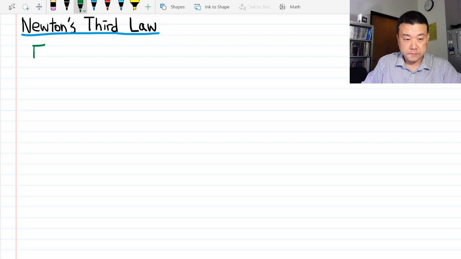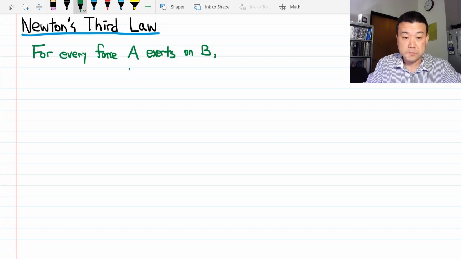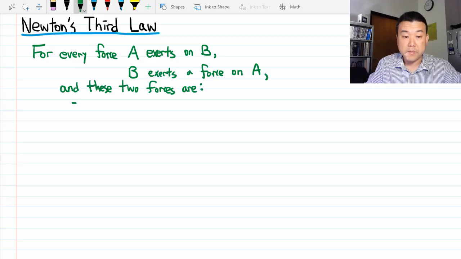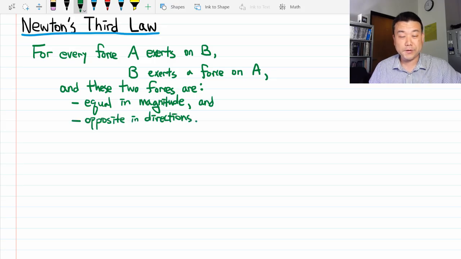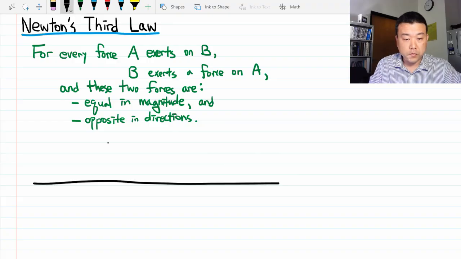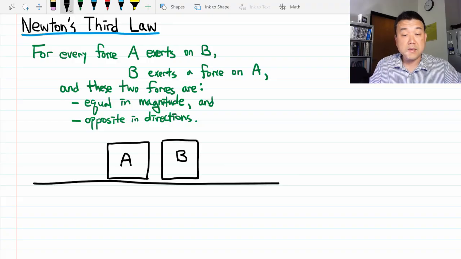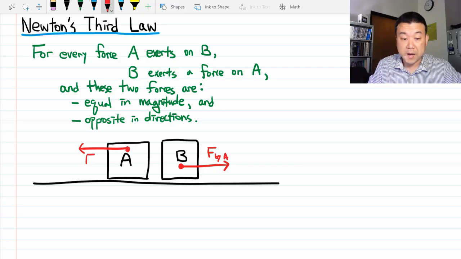For every force A exerts on B, B exerts a force on A, and these two forces are equal in magnitude and opposite in direction. It's a bit of a mouthful, so let me draw a diagram. Let's say we have two objects, A and B, and they interact with each other, maybe pushing and pulling, maybe there are magnets on them, who knows. Let's say they are pushing, and if there's a force on B by A, what Newton's third law says is there must be a force on A, and this force is by B, and they must be equal in magnitude